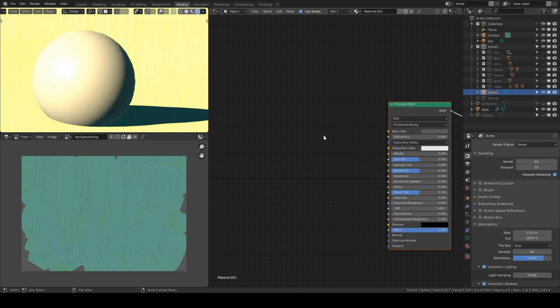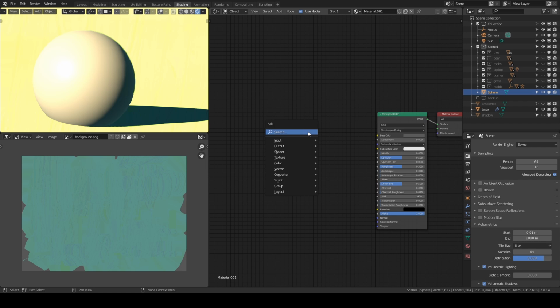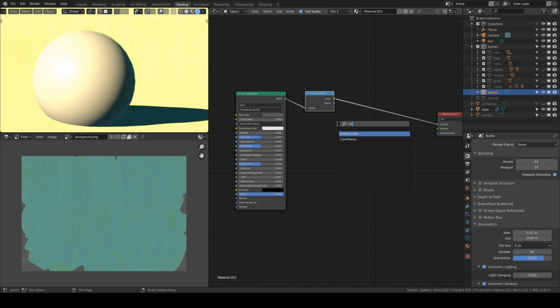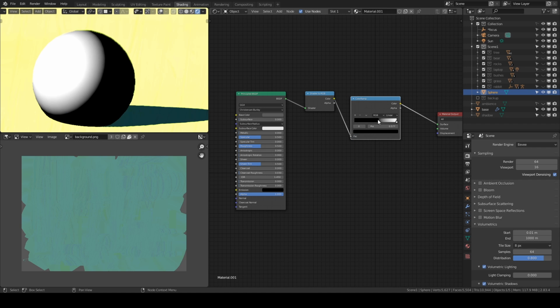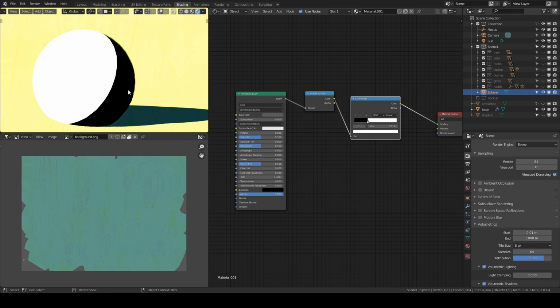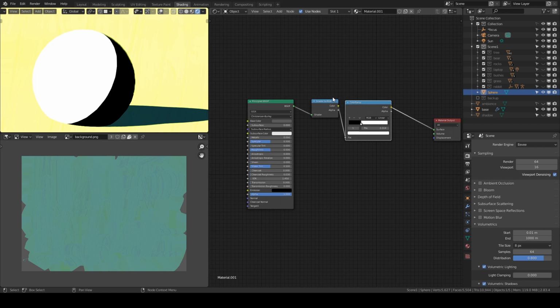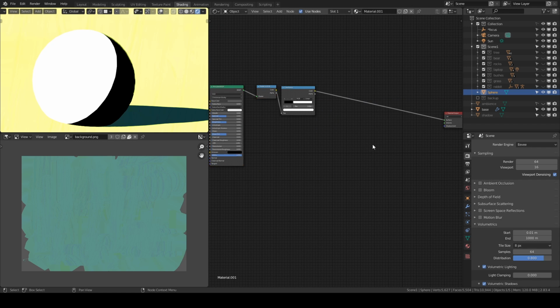So one way to avoid it is by plugging that into a Shader to RGB, and then changing it to a color ramp. That way you can define how the shadow is affecting, so something like this. Now you can always use this black and white map as a factor to define two